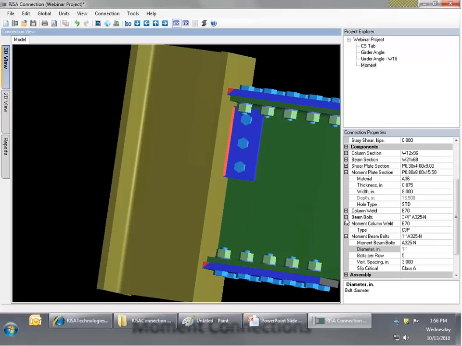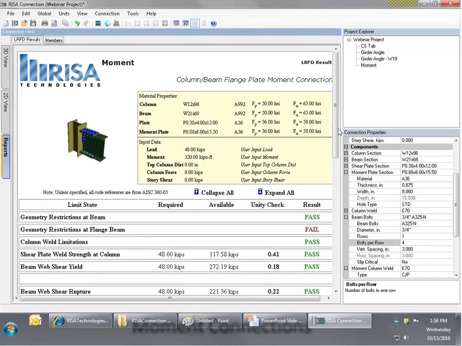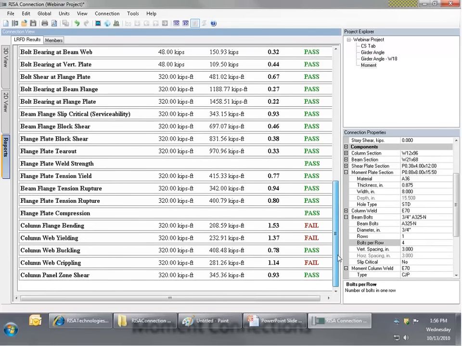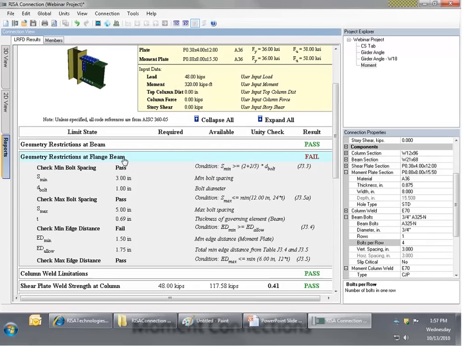That's very easy to bump up. Those are just the beam bolts as opposed to the moment beam bolts. So now we pass with that. And coming up here under geometry restrictions at flange beam, now we can see we're failing due to edge distances